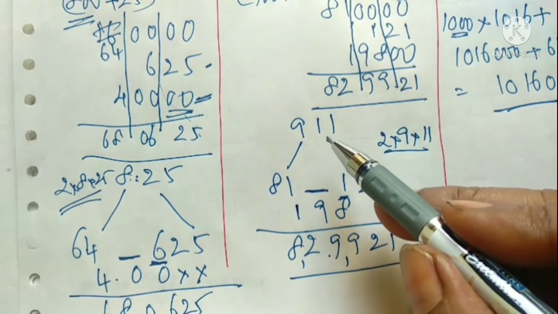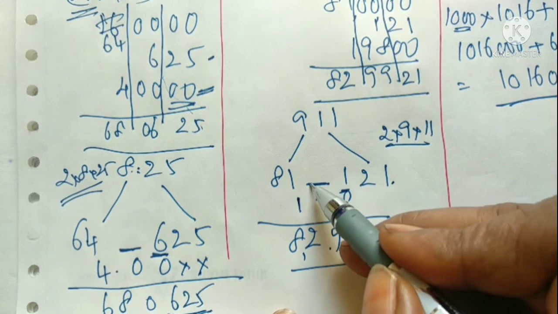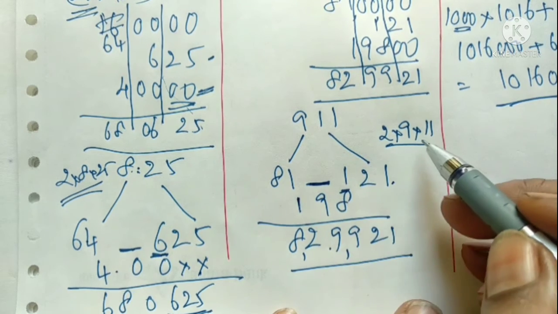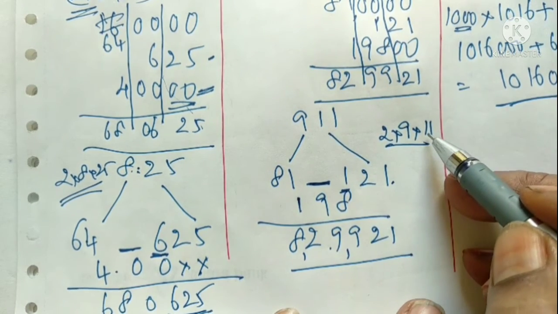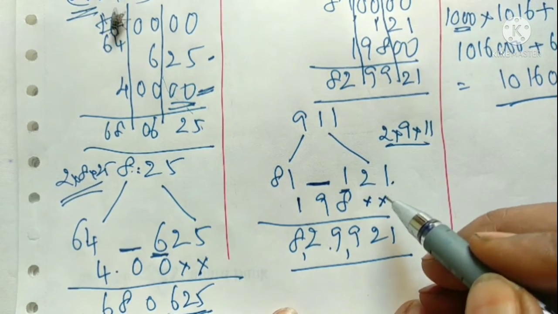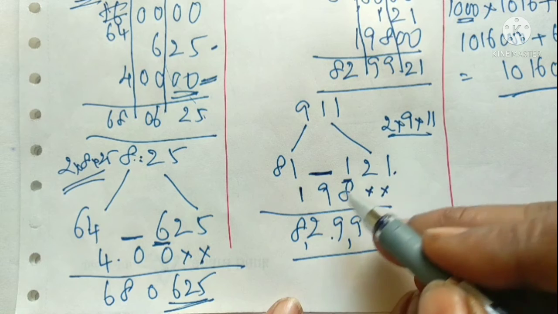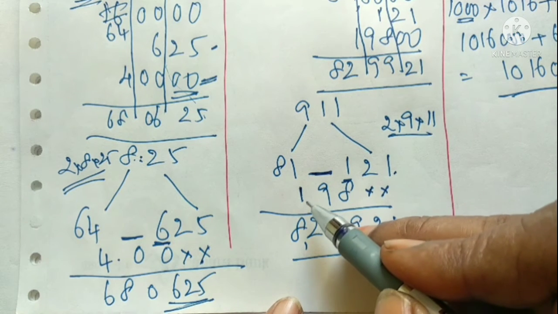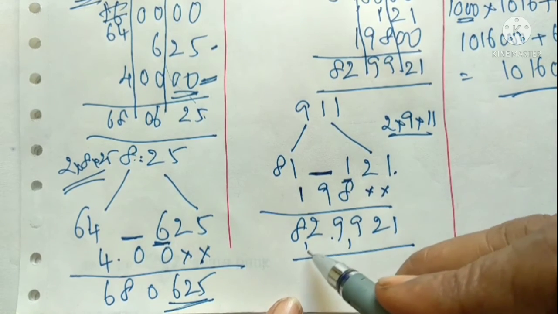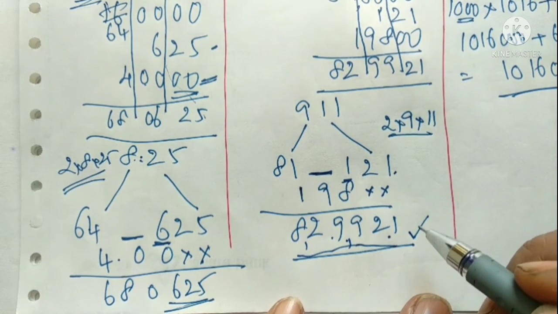Again I repeat. 911 square means 9 9 is 81. 11 11 is 121. And here we are left with only 1 digit to fill up. Now 2AB means 2 into 9 into 11. This is 198 because these two places, tens and hundreds, we have overlapped. So 2 9 is 18, 18 11 is 198. This 198 we have written here, so that if you add the figures, the answer will be 829,921. This you can verify with your calculator.